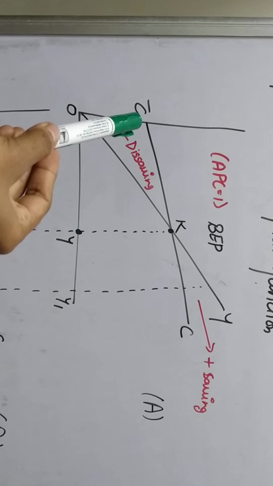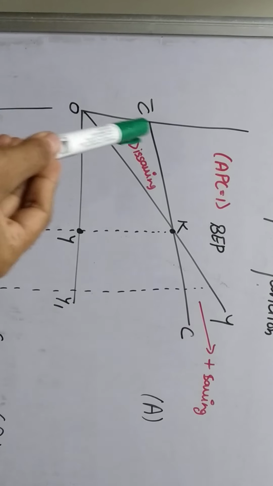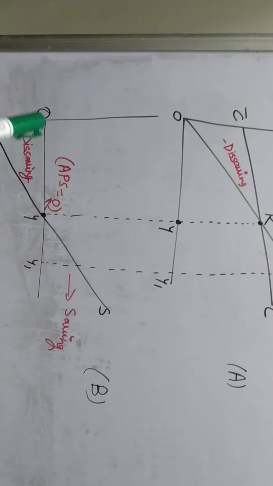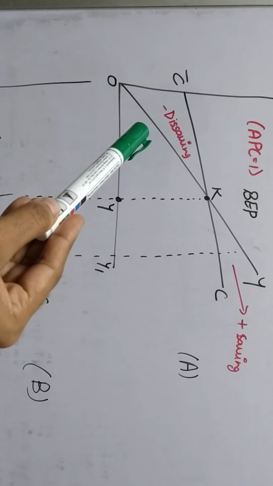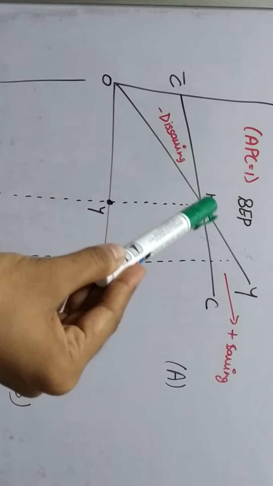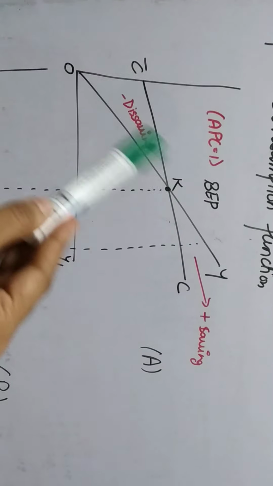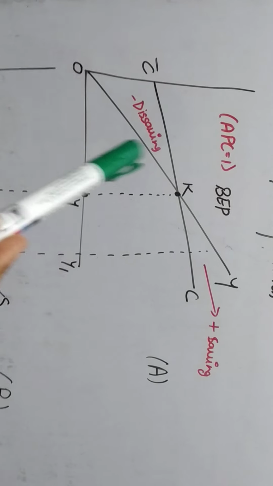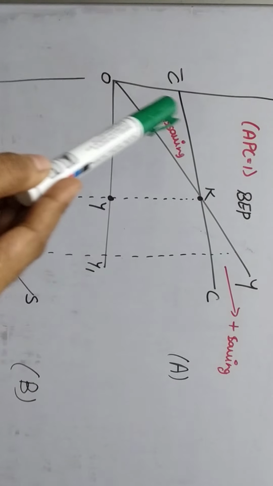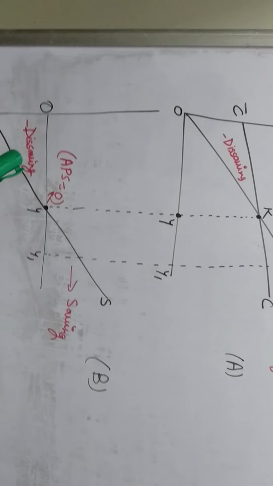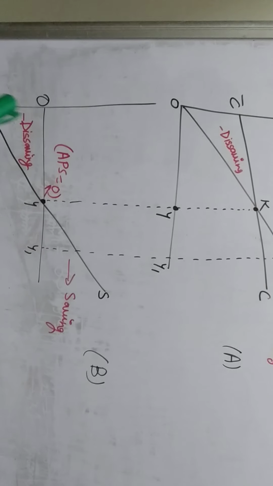Now how can we derive it? First of all just see, when the income is 0, at that time some level of consumption is there, that means your income is nothing, but still some consumption is going on, so at that time there is no saving. This shows dissaving, and dissaving we will show till your income is less than your consumption. Before the K point, before the break even point, income is lesser than consumption. When income is lesser than consumption, there are no savings, that's why we are showing dissaving, and the same thing is shown in part B also. This part is shown as dissaving.